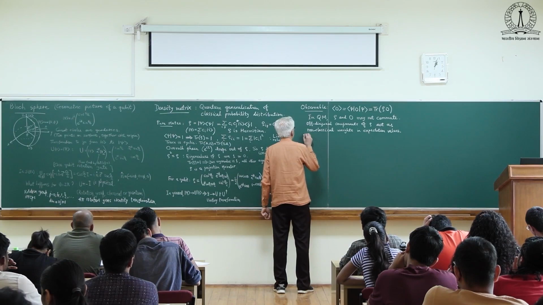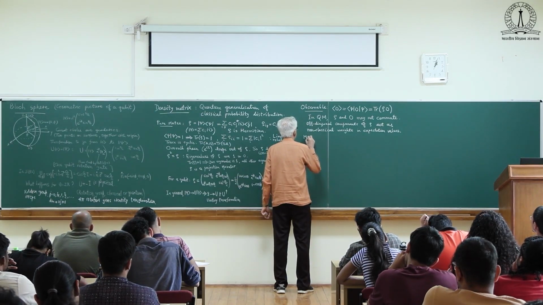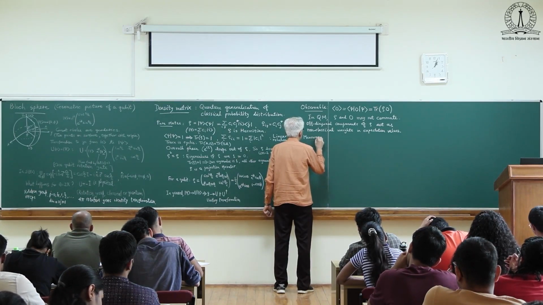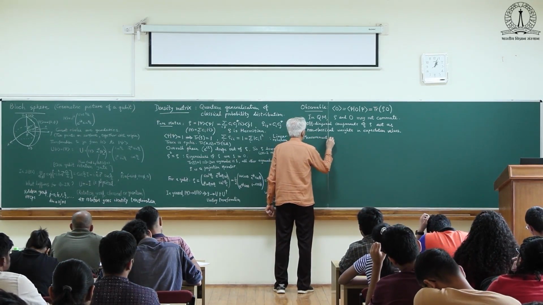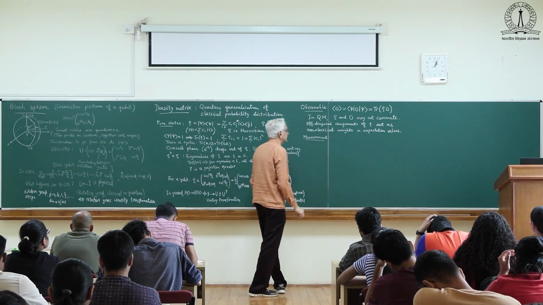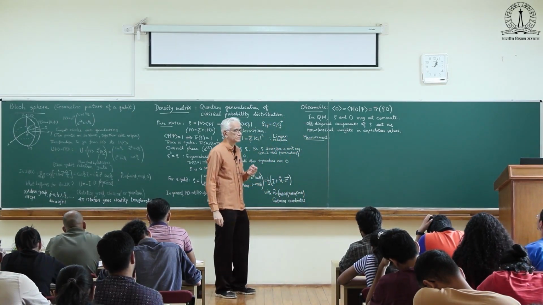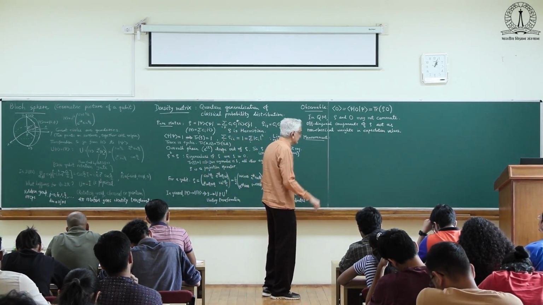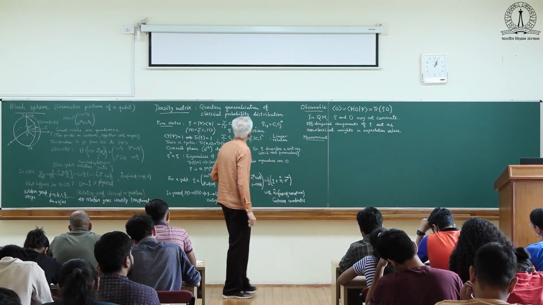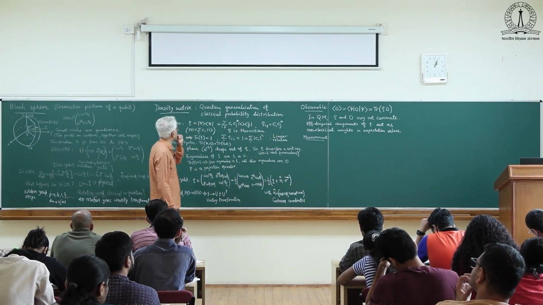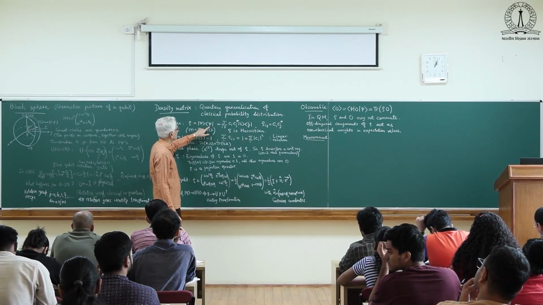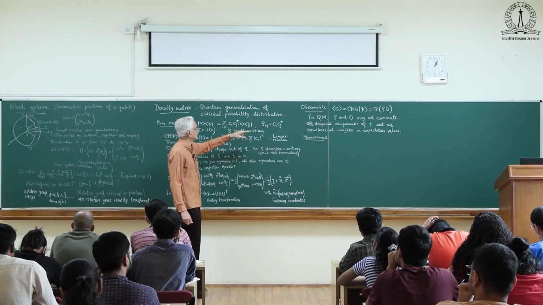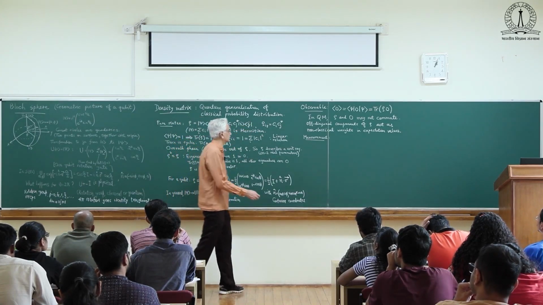A related feature, which connects again to the interpretation of the probabilities, appears in the description of measurement. So what was the measurement prescription? You take a vector, and there is an operator which you measure. The operator has some